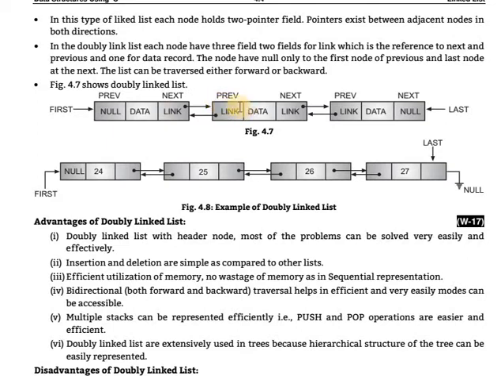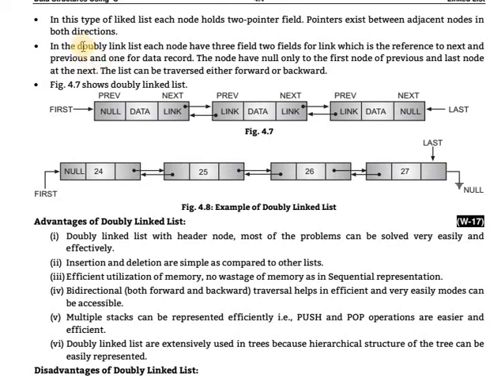In the second node it is the same, and in the third node it is the same. The address of the second node is also stored in the first node, and the previous field holds the address of the preceding node. So the nodes are connected with each other one by one. For example, this is the first node, and it is null, meaning the first node is not connected backward. Here 24, 25, 26, 27, four data elements are inserted in the list.